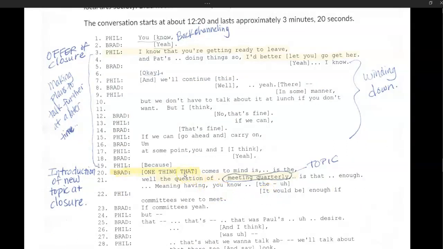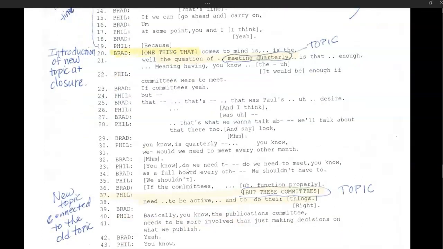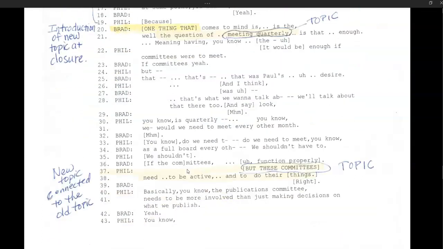But then suddenly Brad, the one who has to go, very interestingly, kind of interrupts Phil, and he raises his voice as indicated by these capital letters. And he says, one thing that comes to mind is, and he changes the topic. And we know from the research that topic change at conversation closure is very, very common. And here's a wonderful piece of evidence to support that. All right, so we have introduction of a new topic. This goes along until